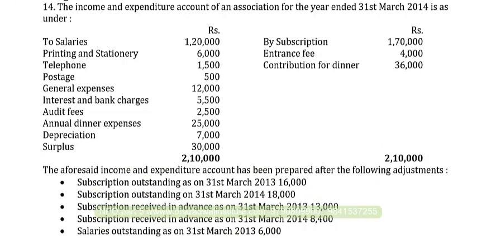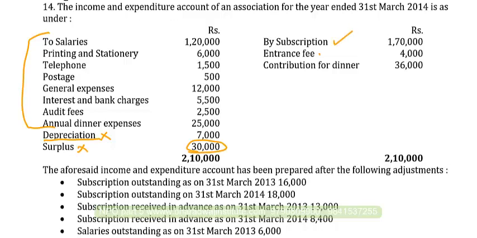Go through this problem. The income and expenditure account of an association is given for 31st March 2014. Salaries, printing and stationery are given. The income and expenditure account is given, and look at the answer given. Surplus. Salary will come on which side? Payment side, but after adjusting all the outstanding items. Printing and stationery, postage, telephone, all these things will come. Audit fees, all these expenses will come. What about depreciation? It's a non-cash item, and surplus is also a non-cash item.